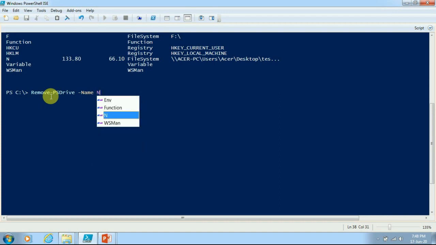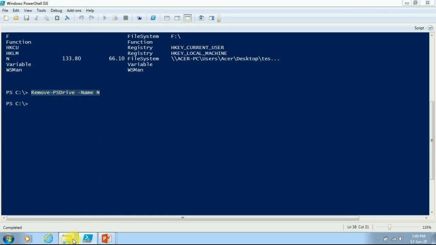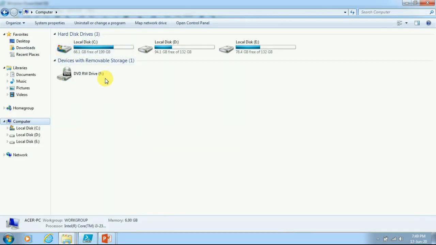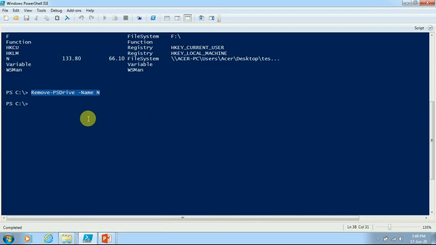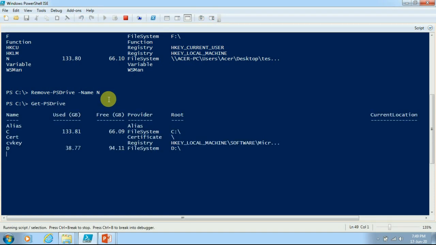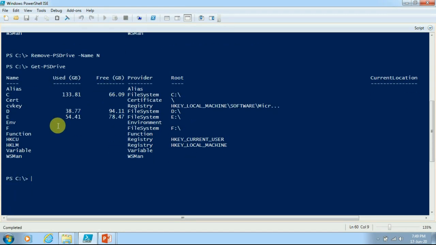I will have to specify the name of this drive. As soon as you execute this one, it will not be available anymore in Windows also, and you can again verify using Get-PSDrive. So here also you cannot see that any N-named PS drive is available.